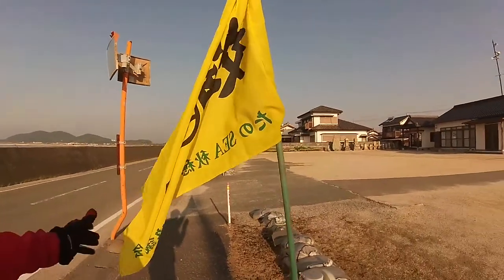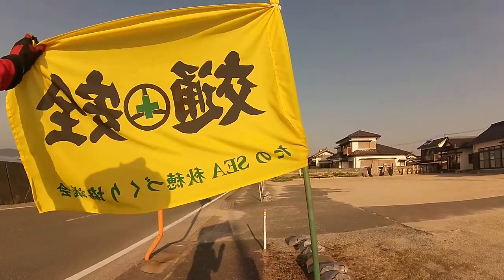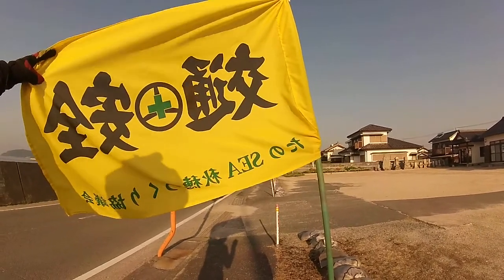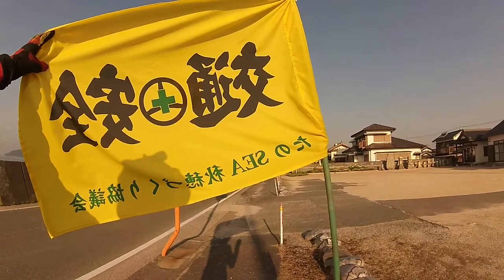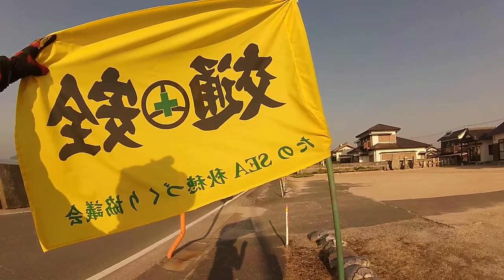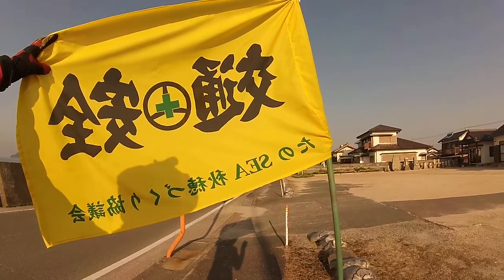And they say, this one's in mirror writing because the wind's blowing that direction, but it says Kotsuanzen, which means traffic safety, and then there's a pun, Tanoshi, which is a pun on Tanoshi, or fun, Ayo Zukuri Kyogikai, which means fun Ayo, the place name, making Ayo fun, a cooperative association. However,